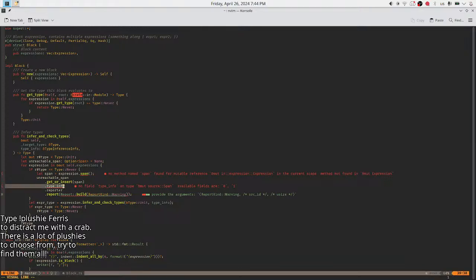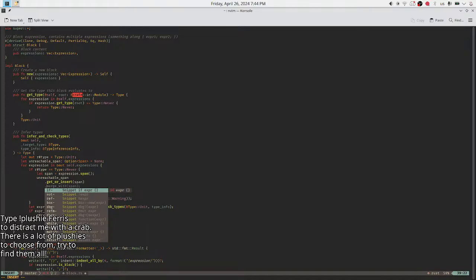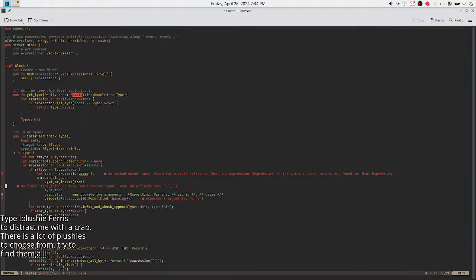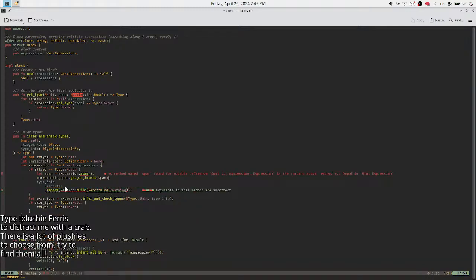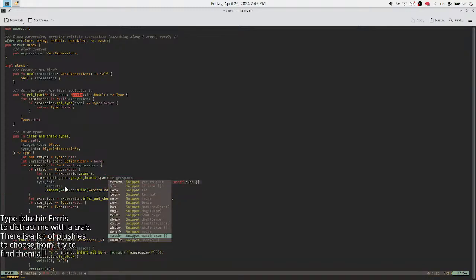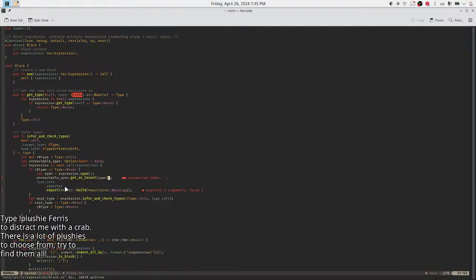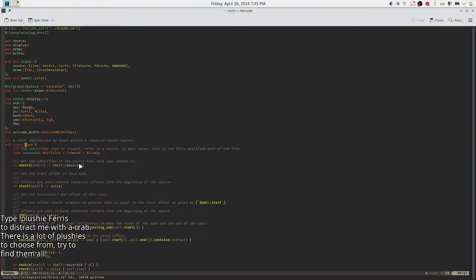And then I'll have get or insert type info. Oh, that's separate. Wait, what? I only have snippets. What? Is span not available? Span is... oh, it's a trait. Where is this? Is this Logos?